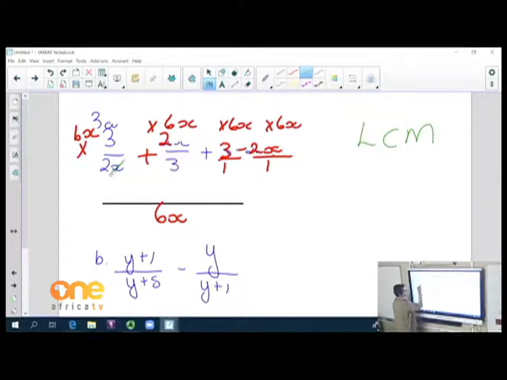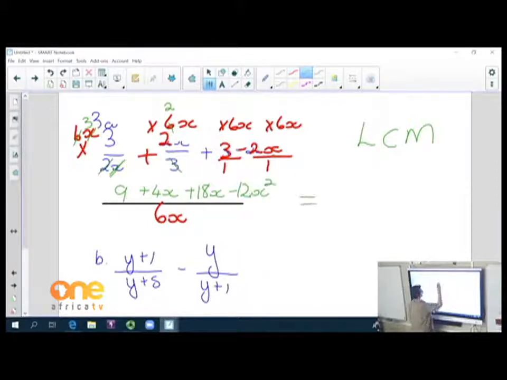So the x and the x will cancel. 2 divides into 6 3 times, so then we have 9. Here 3 divides into 6 twice, so that gives us 4x. Here's nothing to cancel, so that is then plus 18x. And here's also nothing to cancel, and this is going to be minus 12x squared,